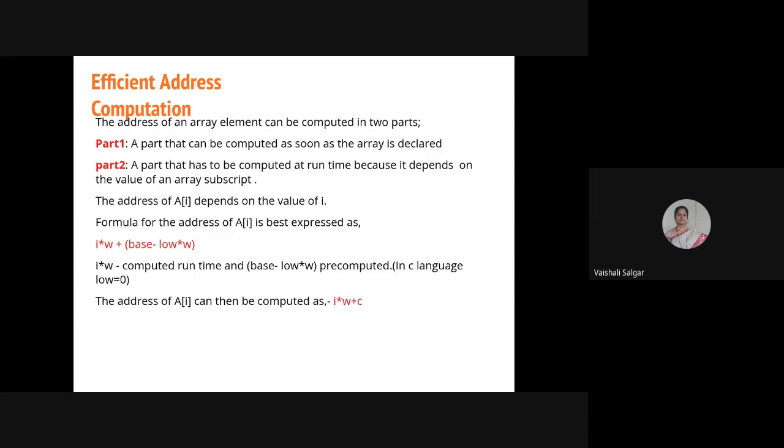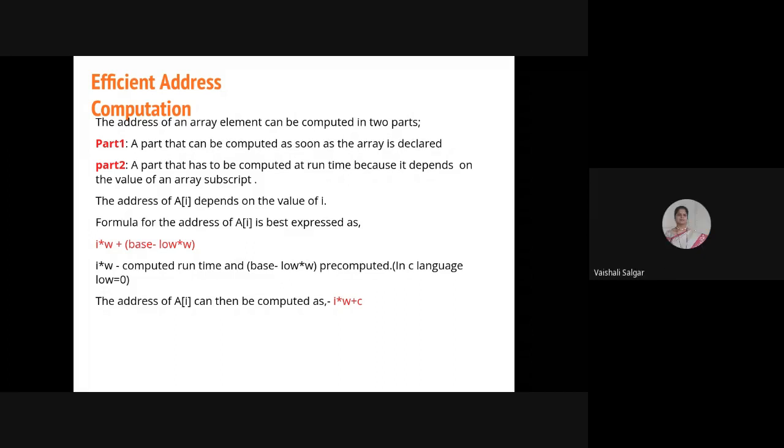So see, if I am having 10 elements and I want to access each and every element from an array, how will I be able to access those 10 elements? What will you do in C programming? If I want to display all elements of an array, what will you do? Write a for loop. Correct.